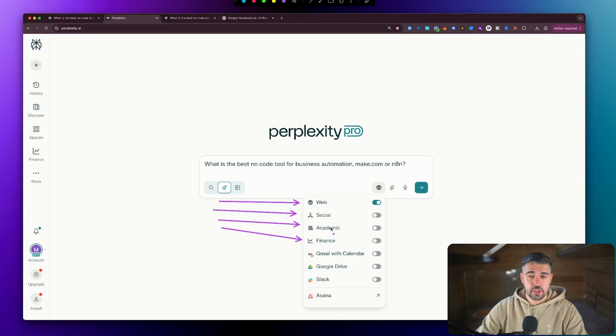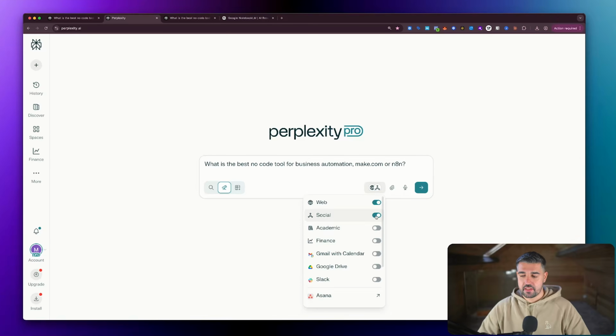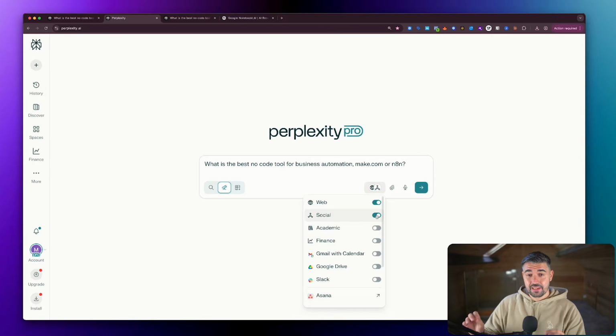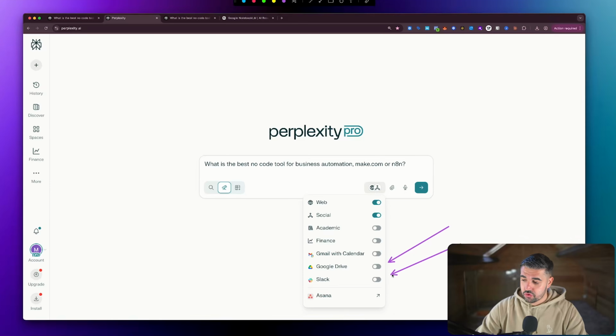If you're a student and you were doing something that was for your degree or whatever, you might want to select academic. When it comes down to social, though, for us, that's quite important because we want to understand the general consensus for this presentation. So we tick that, and that opens up the boxes now for Perplexity to be able to go and search socials for debates and opinions around this exact topic and deep research them. You can connect third-party tools such as I've got here, Google Drive and Slack. They're my own personal Google Drive and Slack. But for this case, we don't need it, and we just hit go.